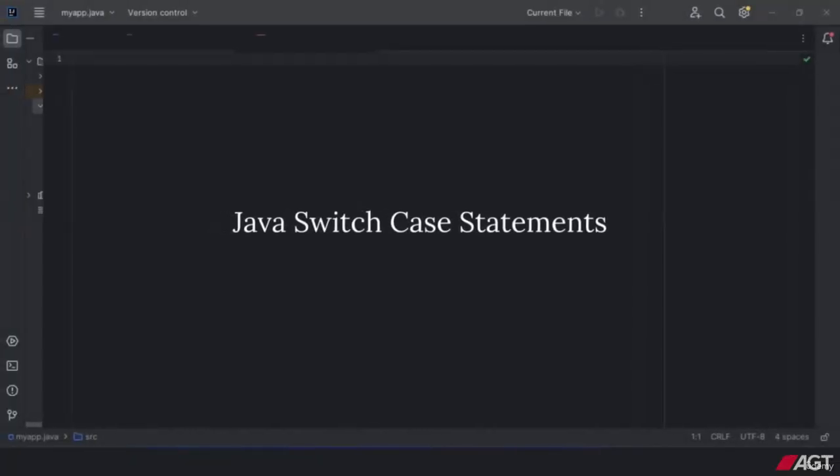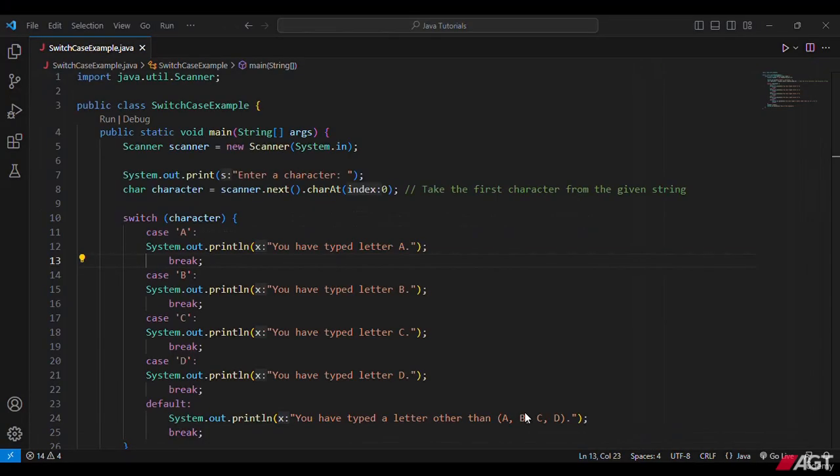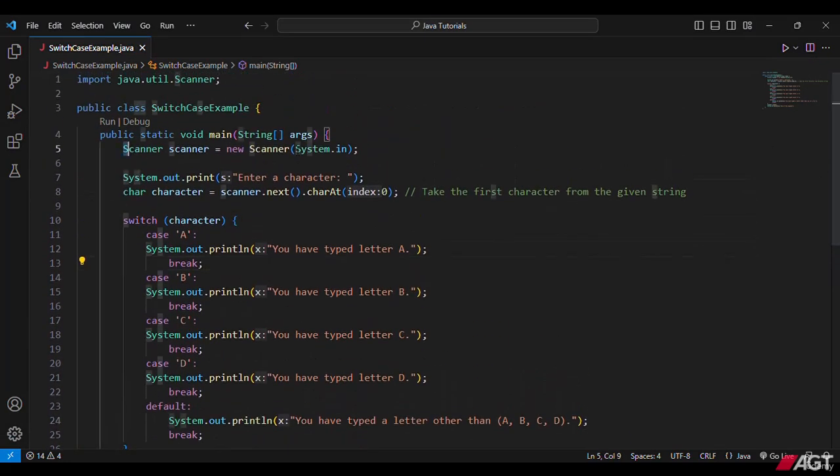In this video, we are going to discuss switch case statements in Java. In this demonstration, we are discussing the switch case statement in Java. So in this program, we have defined one scanner class object, and then we are asking the user to enter a character. So scanner.next is a method with the help of which we can take a string from the keyboard as input,